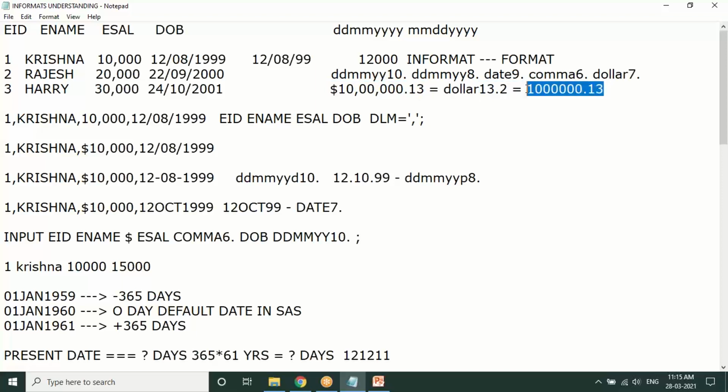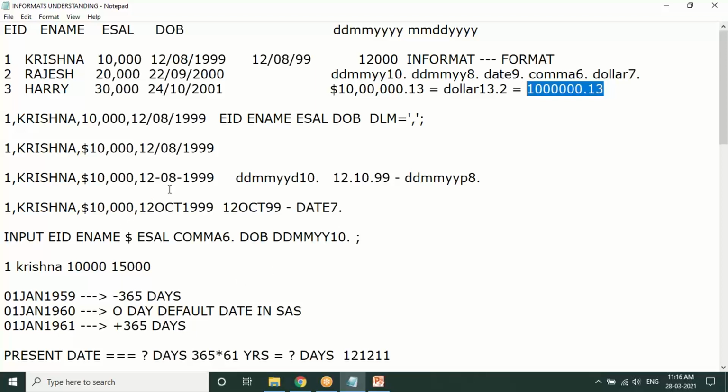Then it will store this converted value. Any values lesser than that, for example 100 or 1,000, will also be managed because you are specifying the lengthiest value. So that is handled by SAS by default.